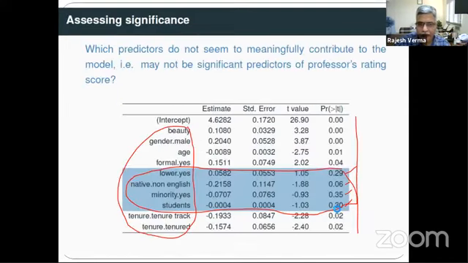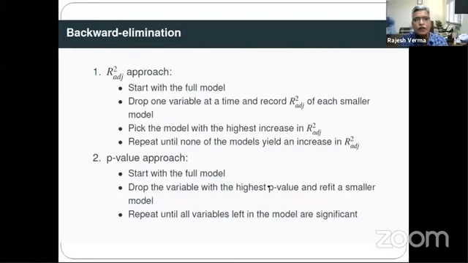So I showed you that we need to remove the non-significant explanatory variables. Now, when we prepare a multiple regression model, we need to follow certain criteria for the selection of variables. There are two approaches to this. One is the backward elimination approach, and in the backward elimination approach there are two further approaches: one is the adjusted R-square approach and the other is the p-value approach.